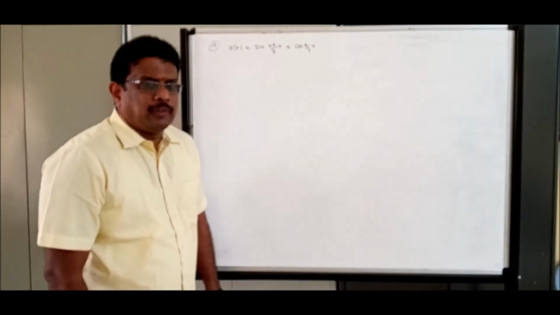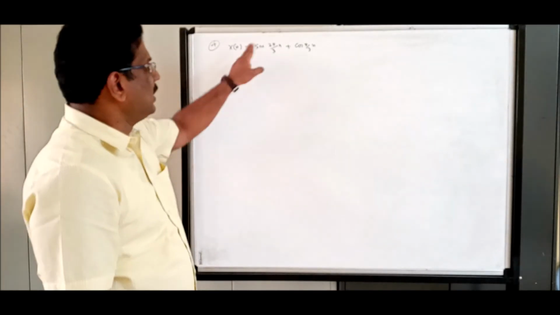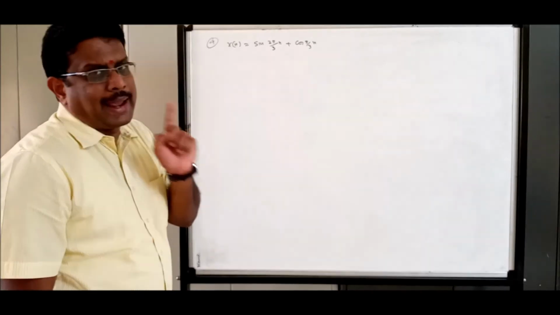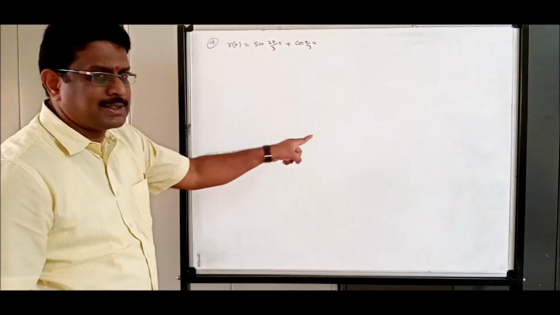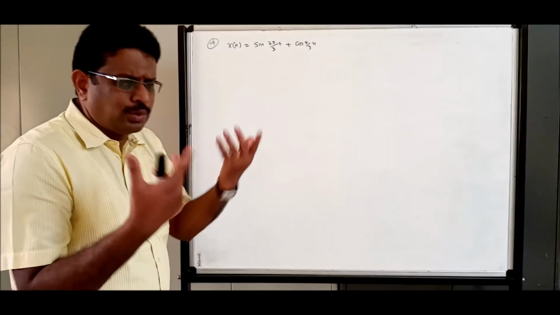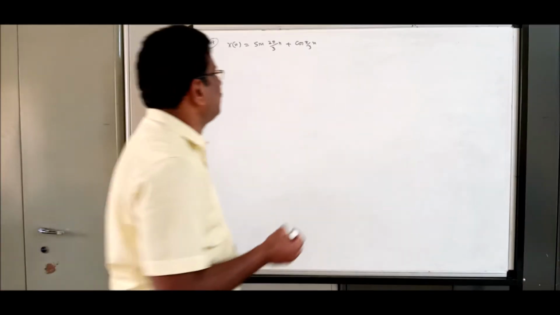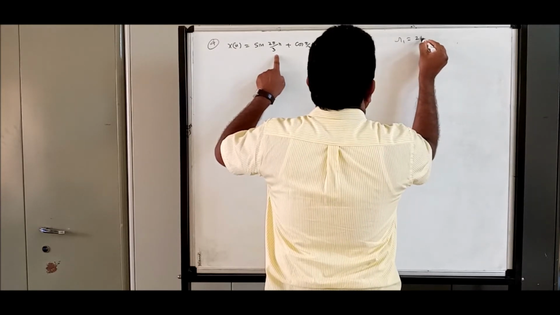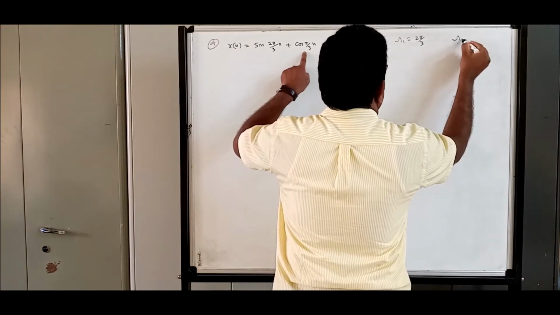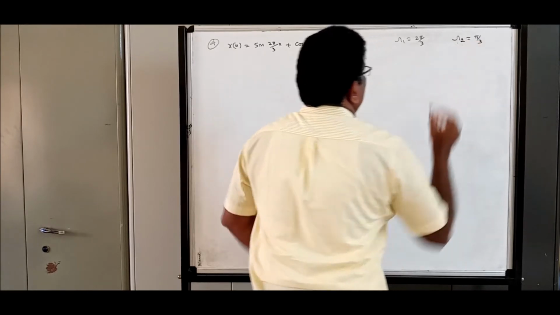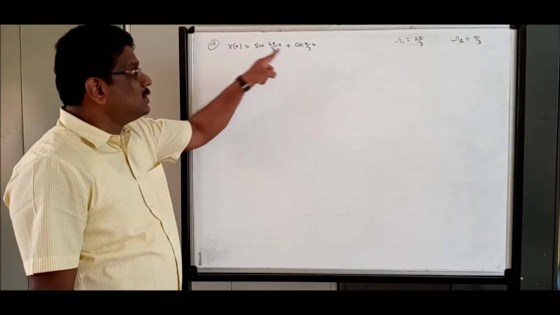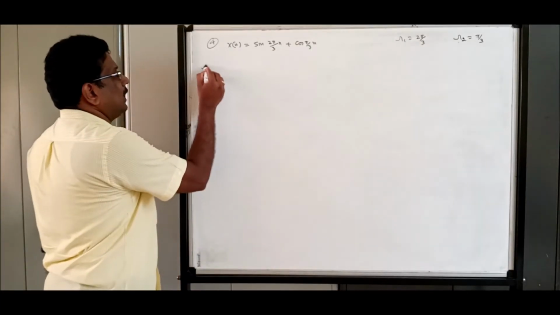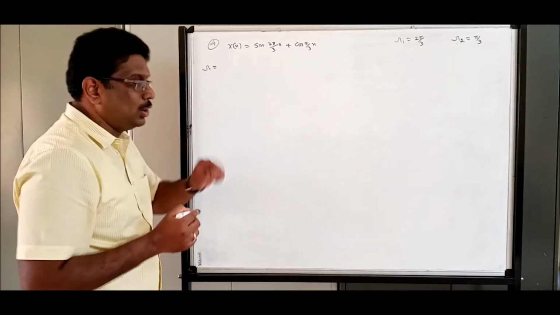In this problem we have a combination of two signals. One is sine and one is cos. Now we need the overall angular frequency omega, then only I can split it into Euler's formula. So we know this in the periodicity. For the first signal, your omega 1 is 2 pi by 3. For the second signal, your omega 2 is pi by 3. Now I don't want individual omega, I need a common omega for your x of n.